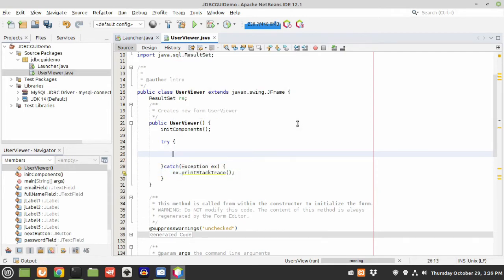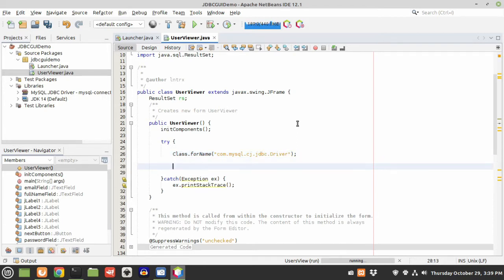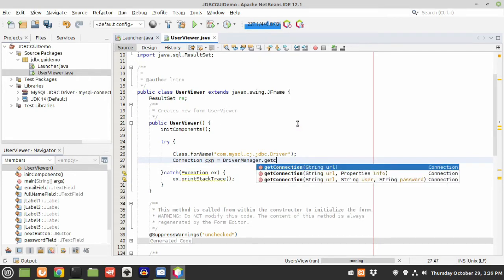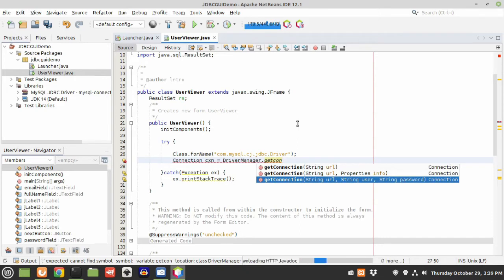First, we identify the driver, so we have to say Class.forName, and our driver identity is com.mysql.cj.jdbc.Driver, right? And then we are going to generate a connection. So we'll have Connection cxn is equal to DriverManager.getConnection, and we'll be using this method here